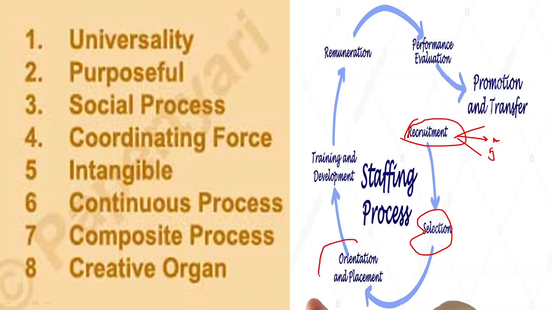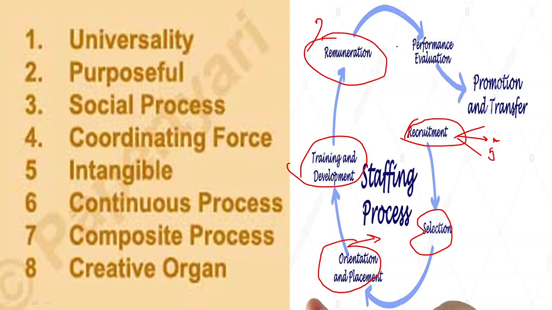Then it is followed by orientation and placement to the job. Then their training and development, which is an ongoing process. Then deciding the remuneration, deciding the salary for them, then evaluating their performance and taking various decisions based on their performance. The staffing function has these features: it is universal, it is purposeful, it is a social process